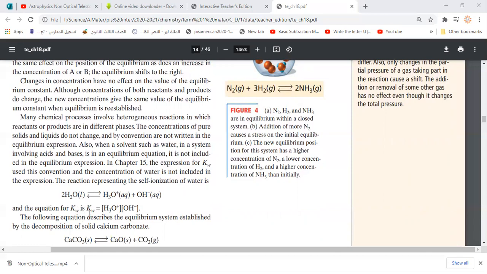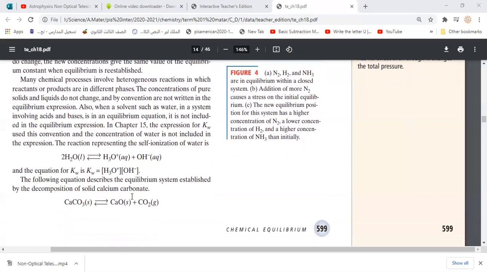So once we try to find the K of W, as we know, when we calculate the equilibrium constant, we take the concentration of the products, that means the concentration of hydronium multiplied by the concentration of hydroxide, divided by the concentration of the reactants. But in that case, as water is a pure substance, its concentration never changes, so we will not use it in this equation, and in that case the K of W will equal the concentration of hydronium ion multiplied by the concentration of hydroxide